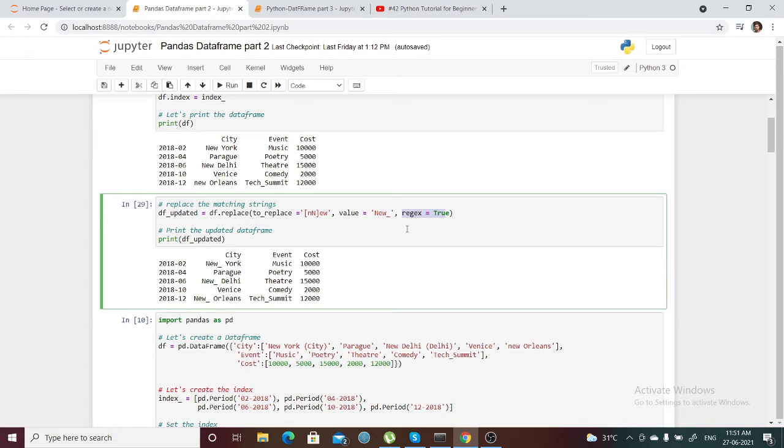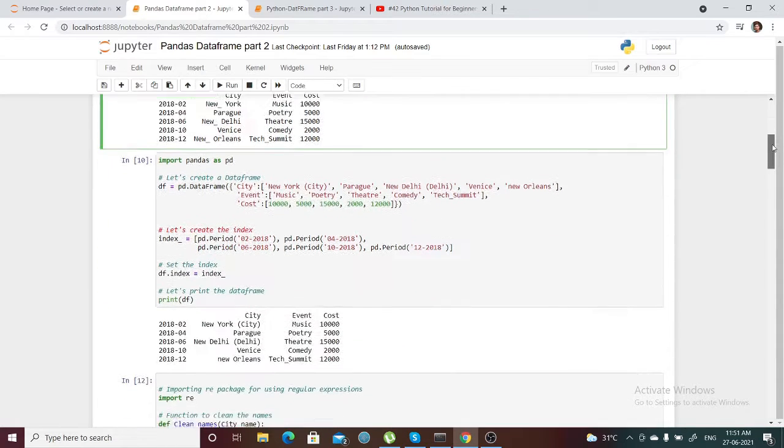Here there is an argument we can pass through the replace function, just regex equals True, so we can replace any values in the data frame, maybe in different columns, that is possible.